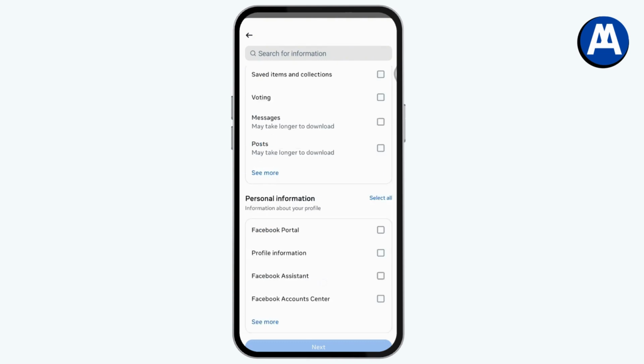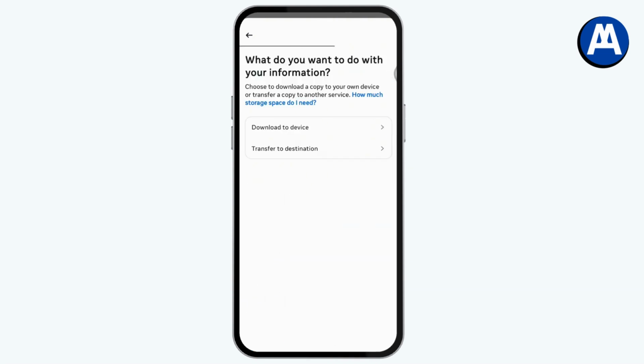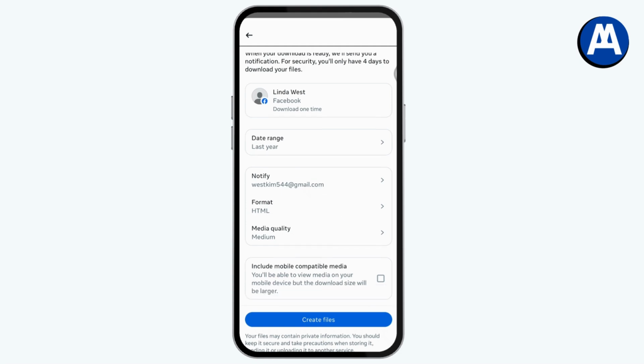And after that you can scroll down and select Messages and then go with Next, and you can choose Download to device or Transfer to a destination. And after that you can choose the date range, the notification email, the format, the media quality, and then go with Create files. And once you create files, then within a few minutes or within a few hours, depending on